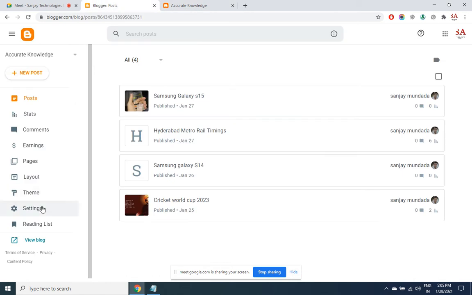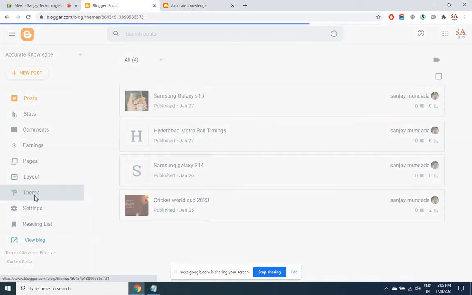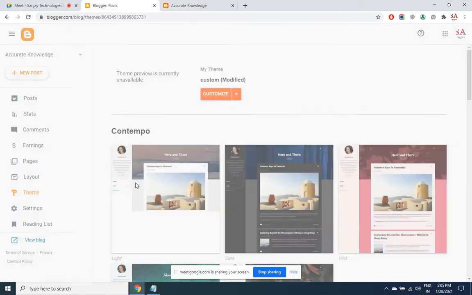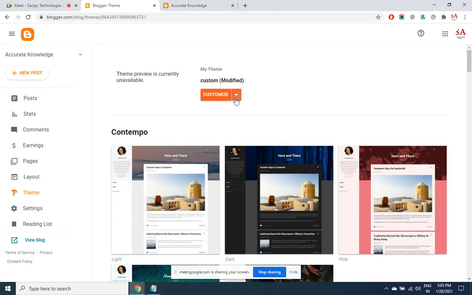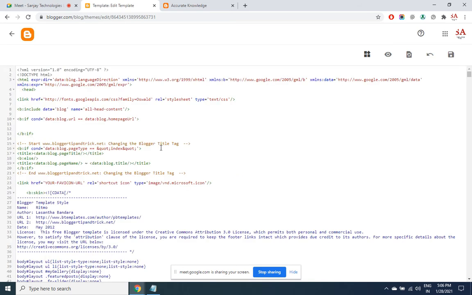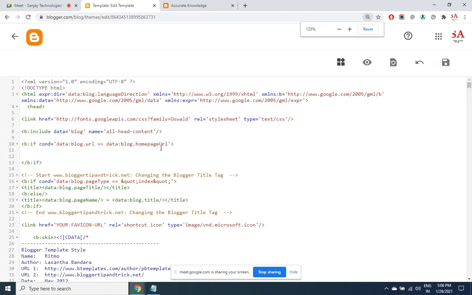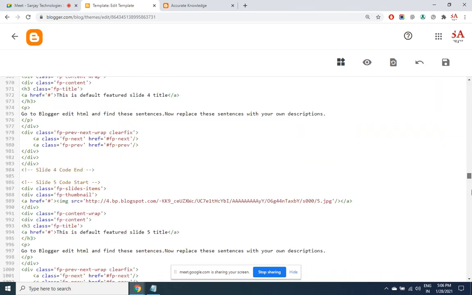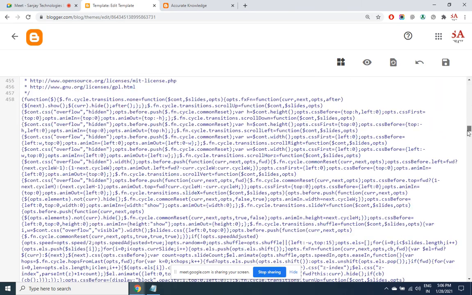If I go back to the place where I had pasted this HTML code, if you remember yesterday, this is what we did, edit HTML. There was existing code, the inbuilt theme of Blogger. We deleted the entire code and pasted the code that we have installed from the XML file. Let me zoom this a bit. Now this is where the entire code of the theme is present. So any changes that you want to do, you got to do it here.